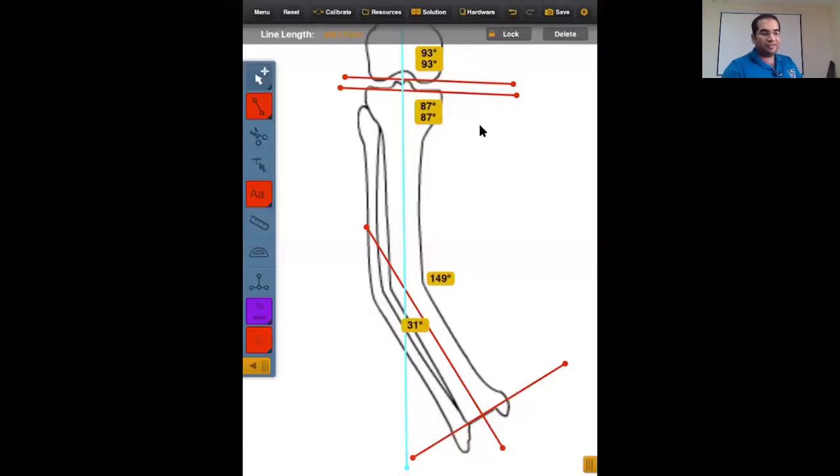Sorry, I have cut this. It's a straight line, and it has been divided into 4 angles by this one line. The rule of opposite angles states that this angle must be equal to this angle, and this angle must be equal to this angle. So this 149 here is also 149 here, and 31 here is also 31 here.